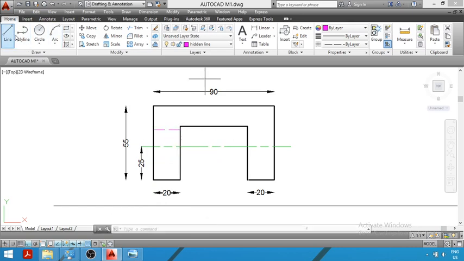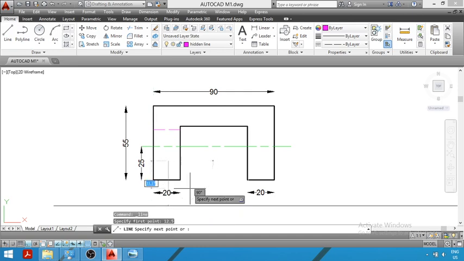Similarly, from this point we will draw a line in the downward direction at a distance of 12.5 mm.